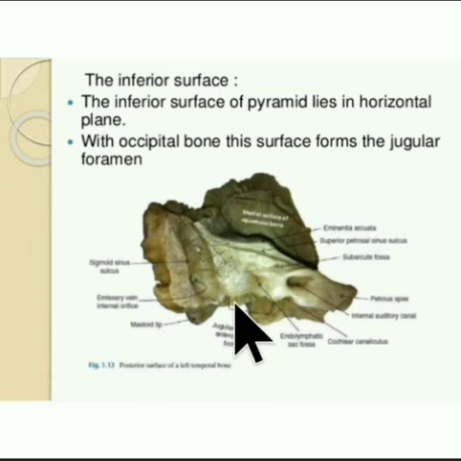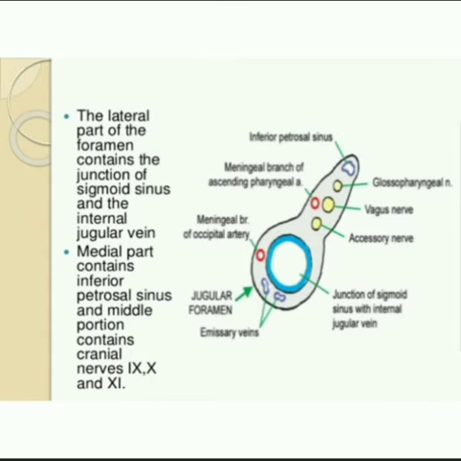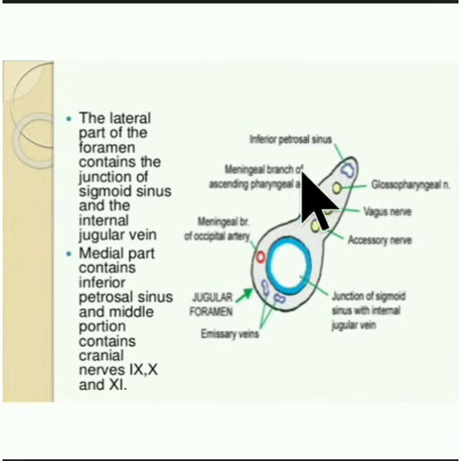And here this is the inferior surface of the petrous part of temporal bone. The inferior surface of the petrous part articulates with the occipital bone, and this surface here forms the jugular foramen. After the articulation of the occipital bone and the petrous part of temporal bone, they form the jugular foramen, and two